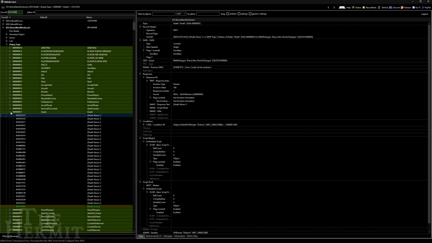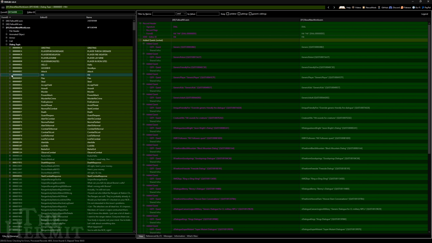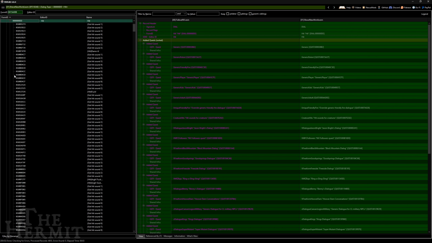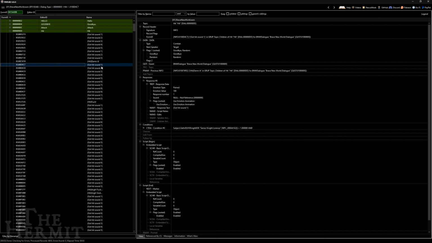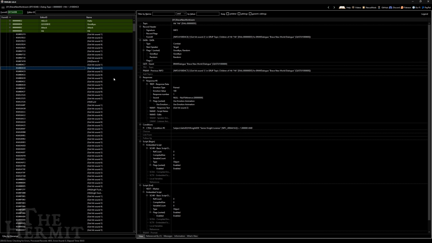Collapse the death tree. Now we're looking for the hit tree. It should be a bit further up. Expand it. Lorenzo has 9 hit sounds, the grunts that play when an NPC is hit. Assuming you're sorted by form ID, they're not too far from the top and should be the first got hit sound 1 to 9 that you come across. If you're not sure, the form IDs are